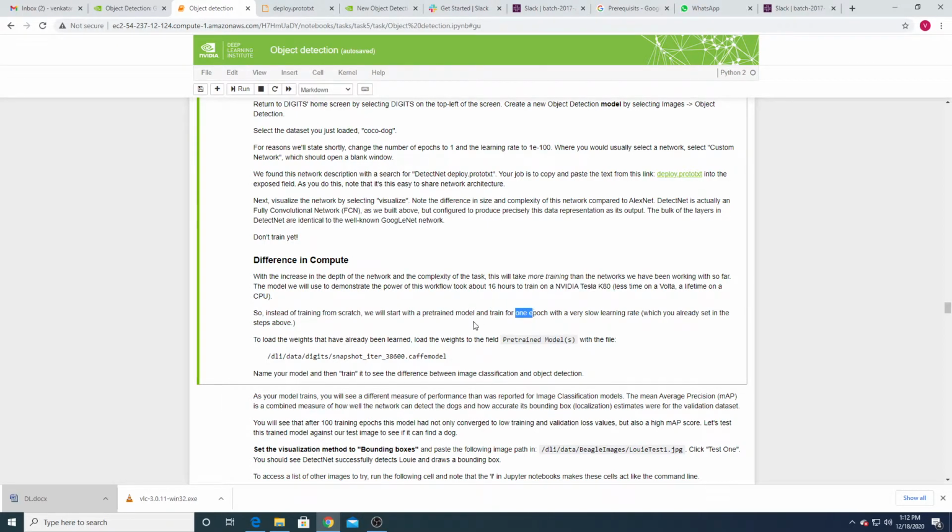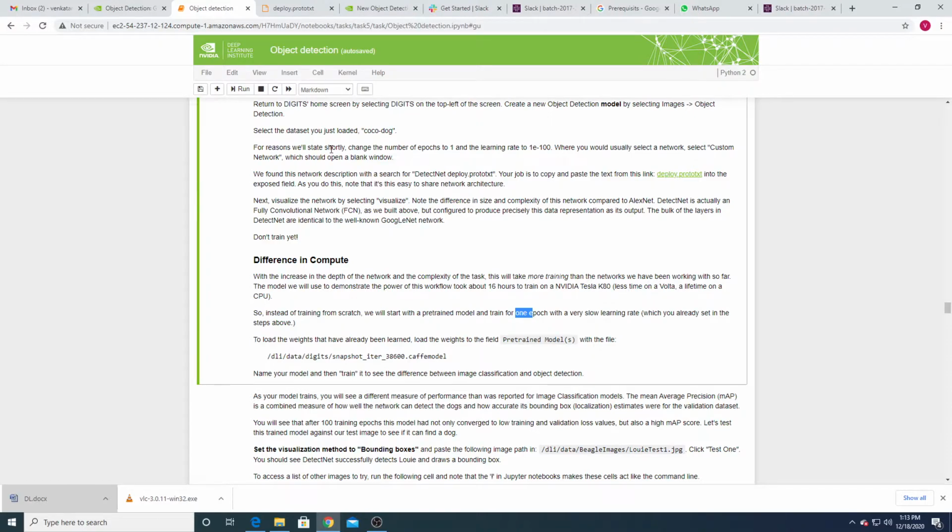So what I am suggesting is: don't train. I'm just demonstrating how we can build a custom network and how we can create a dataset for object detection. But don't train, because it will take more time.